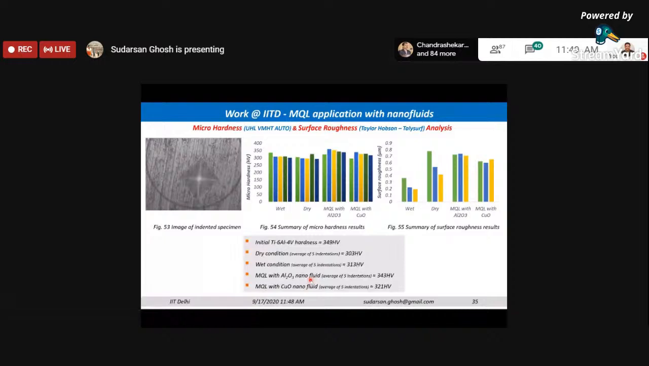So the temperature rise on the surface of the ground specimen was not that much, and because of that, the hardness of the surface has not been compromised compared to the initial hardness. Now, if we see the surface roughness with aluminum oxide or MQL with copper oxide, the surface roughness is not that good. So then is it bad or is it good? Because we expect good surface roughness in case of your